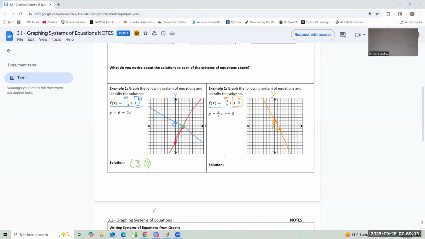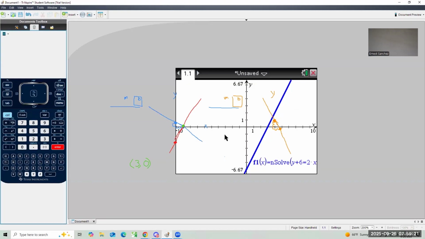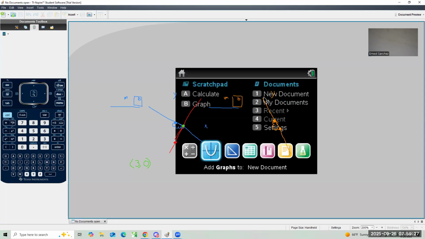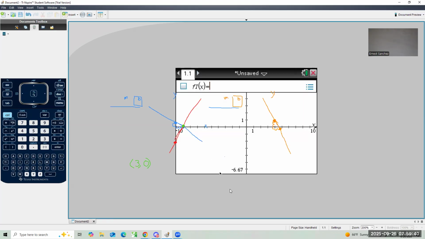All right, and then we are going to graph the bottom one, into the nsolve, right? So I'm going to back out of this. I'm going to click X and no. Get used to doing that every time to reset your problems, okay? Get used to clicking the red X at the top. I know we used to press home a lot, but since we're doing a lot of lists and spreadsheets, let's get used to clicking the red X. So add graph, we're going to do nsolve,